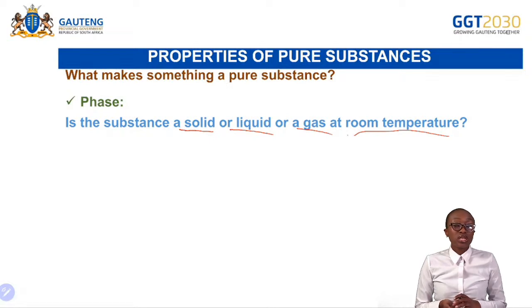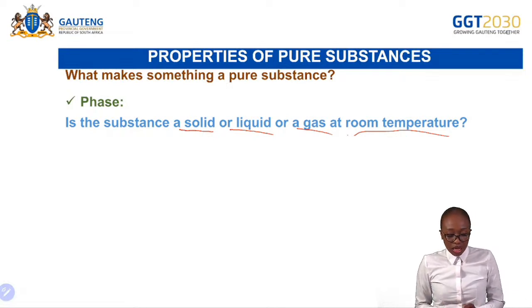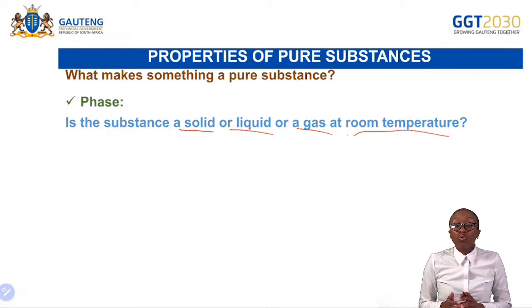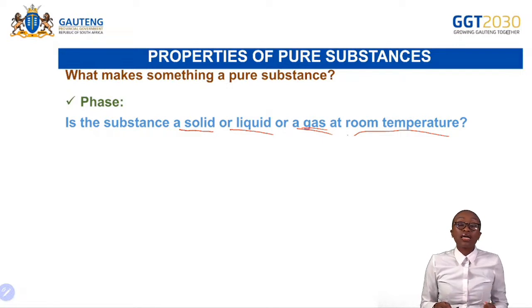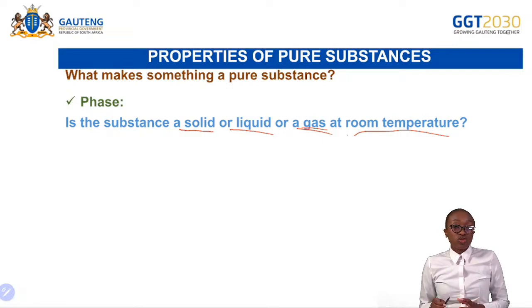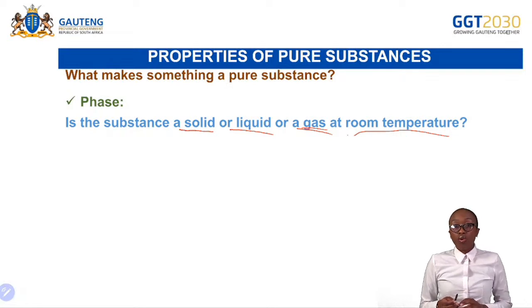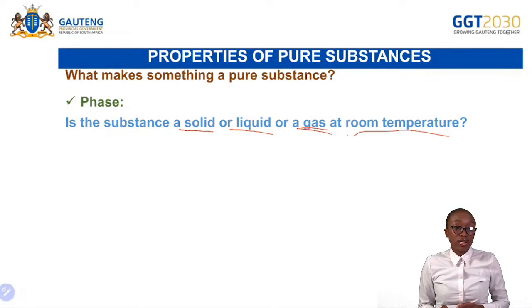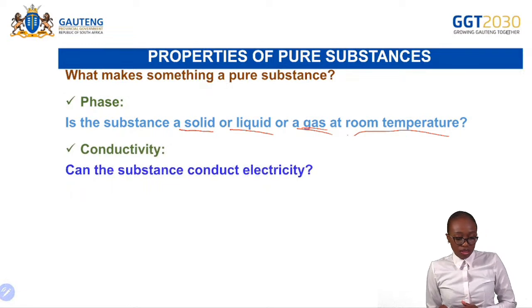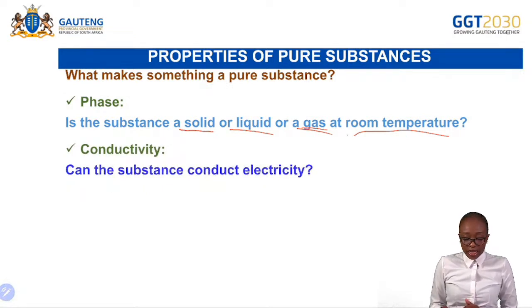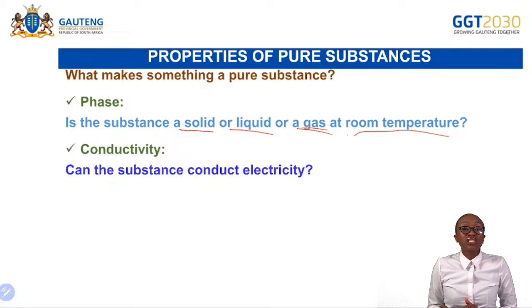If it is a solid at room temperature like a gold bar, the whole substance is going to be solid. For example, water will be liquid at room temperature and oxygen will be a gas at room temperature. So the whole substance that you have with you should have one phase. And then conductivity, you can also ask yourself,